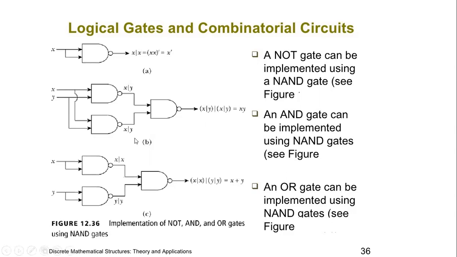Here also it becomes xy bar. Now this xy bar, when it goes to the NAND gate, again multiplication will happen. So xy bar into xy bar, we know the identity rule, x into x will give x. So the result that we get here is xy bar into xy bar gives the result as xy bar, and outside the NOT is there.